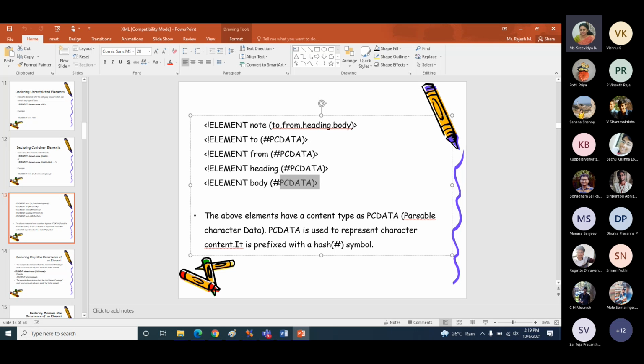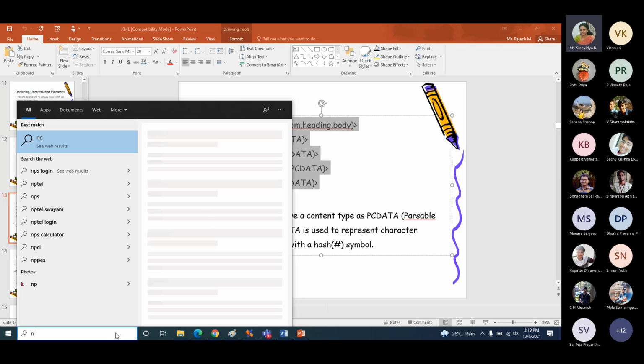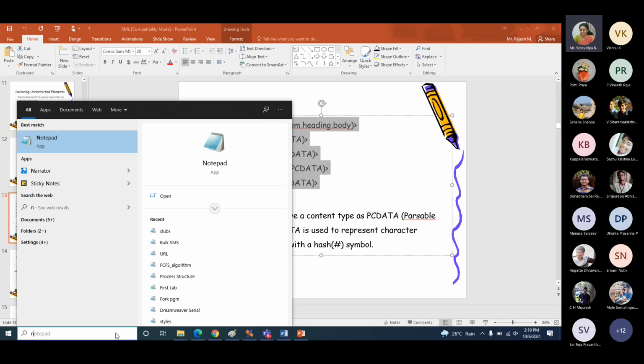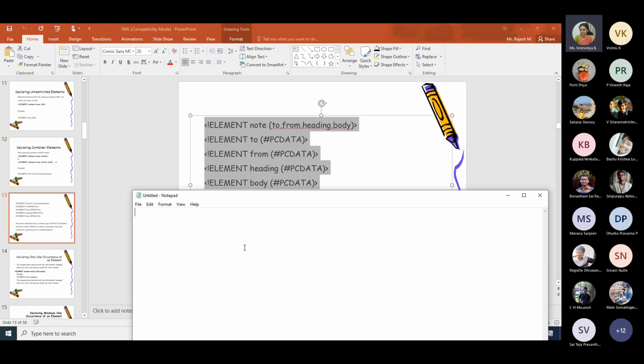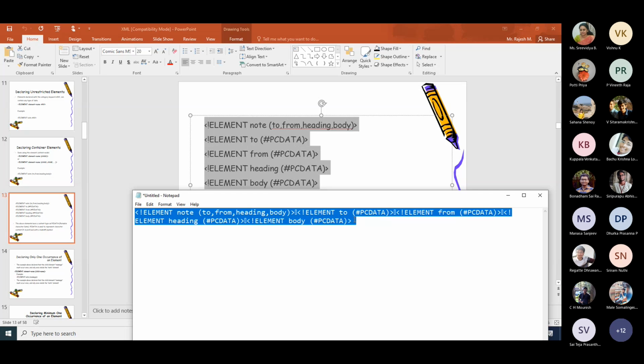So what I will do is copy that DTD. You basically need to type this DTD. Since it is already typed and available with me, I'm just copy pasting it. Otherwise, I should have typed it.